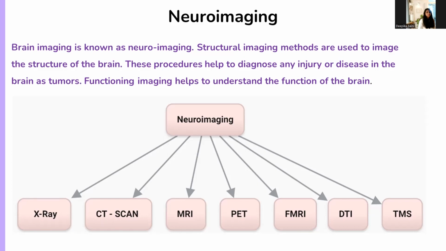Now, neuroimaging or brain imaging helps in diagnosing any injury or disease in the brain. It could be a tumor, it could be a cyst, or it could be certain structural deformities. And for that, we use neuroimaging. Functional imaging helps in understanding the function, for which we have fMRI, and it also helps in diagnosing disease related to metabolism or brain disorders. So now first we will discuss